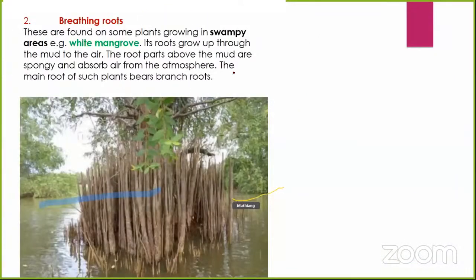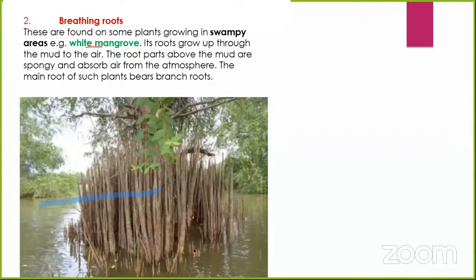For some of you who have forgotten where we are, we are looking at root modification. Now we have what we call breathing roots. Now, if you've been to a swamp, I don't know whether you've ever been to a swamp, but this picture here, picture 1, is a white mangrove plant. These breathing roots grow upward. You can see that they are growing upward,